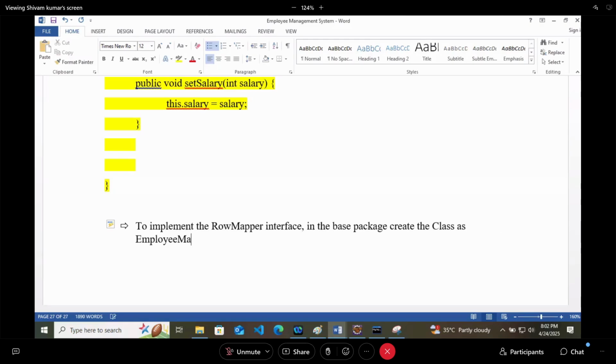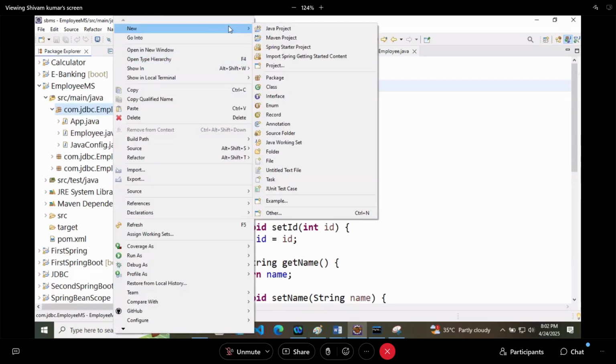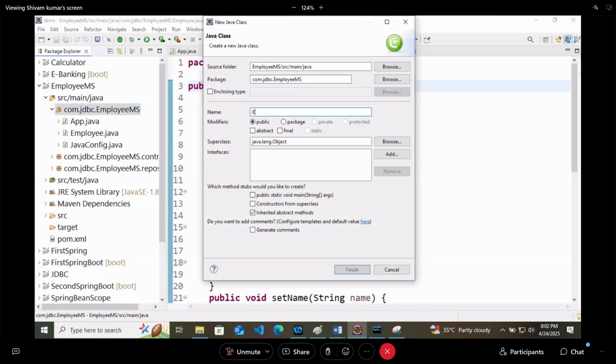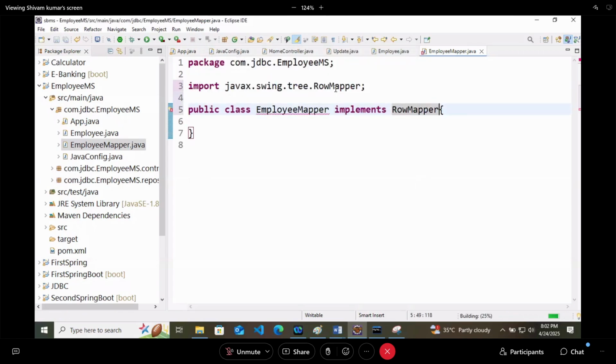You can name it anything actually, but I will keep it as employee mapper. Now this employee mapper class should implement that interface. So it is implementing the row mapper.